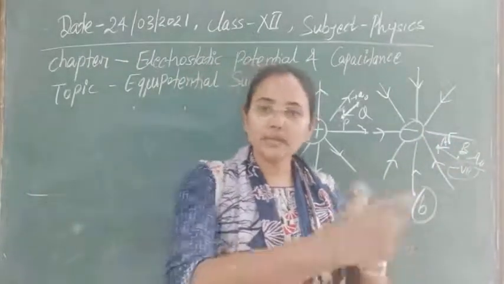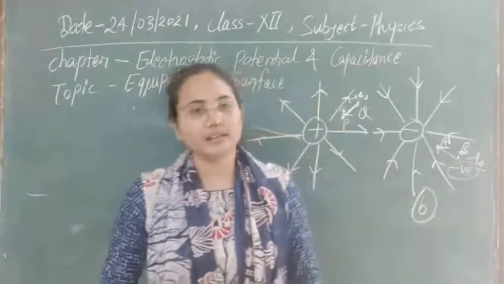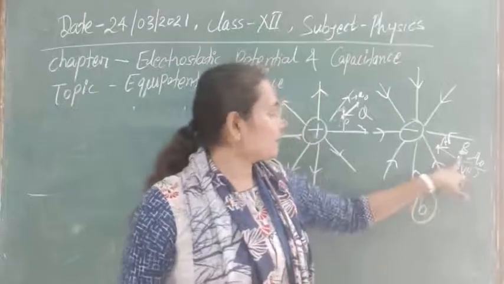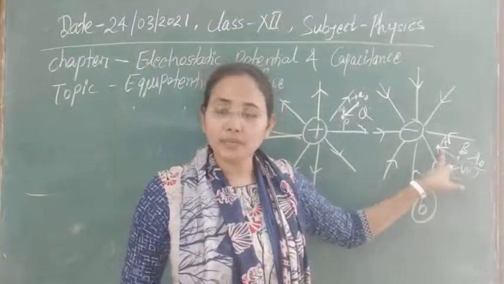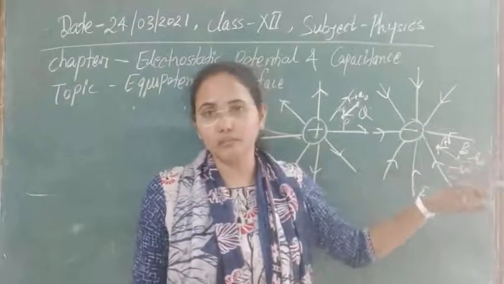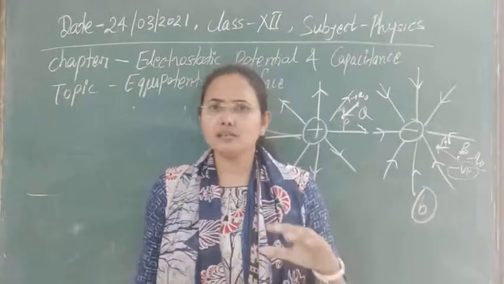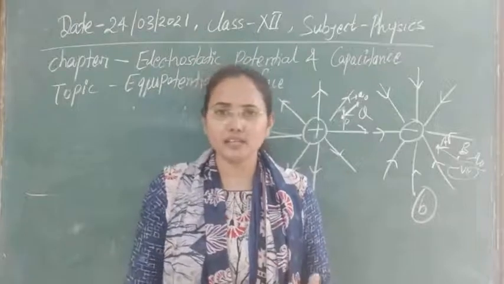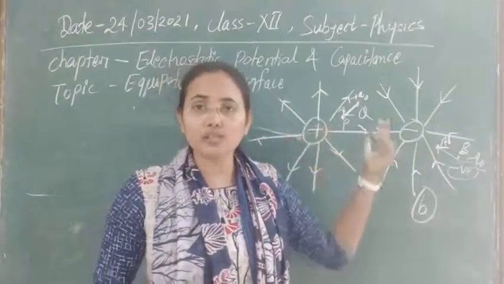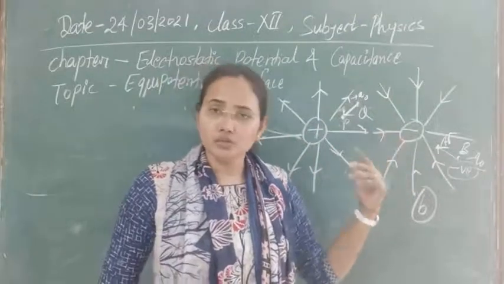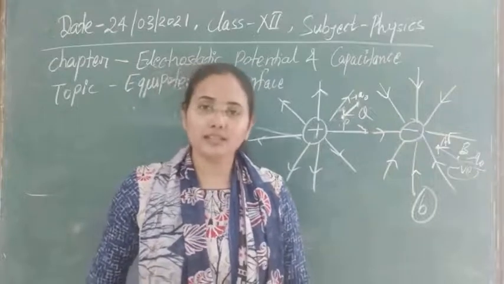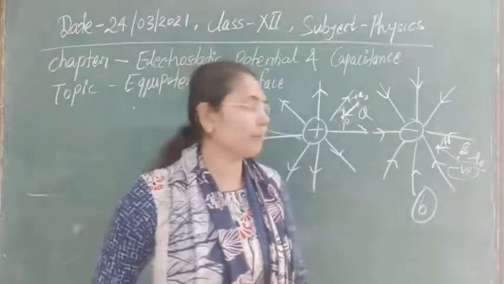Whenever the whole of the potential energy is converted into kinetic energy, that time velocity will increase. But in this case, as the particle is feeling repulsion, if it has to move from B to A, work has to be done against the field. The field has that potential energy, which it is going to dissipate to oppose the repulsion. So that energy is dissipating, and due to that, its kinetic energy decreases whenever it goes from B to A.